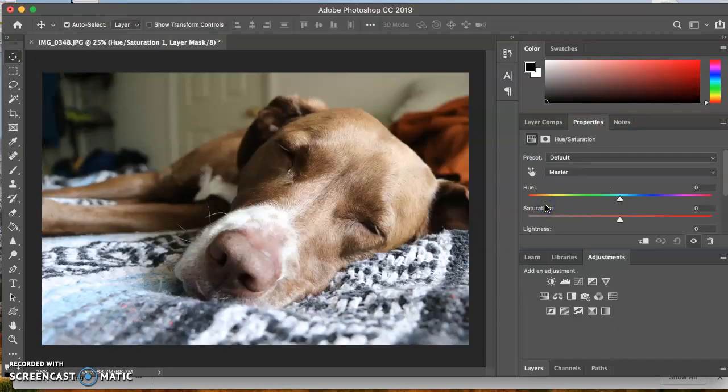adjustment panel. This one is different because while in this image adjustment, you can also change the colors, which I'm not going to do because I really like this picture. But saturation is essentially how bright your colors are in your image, which means if you lower the saturation all the way, you're going to have a black and white image. So now